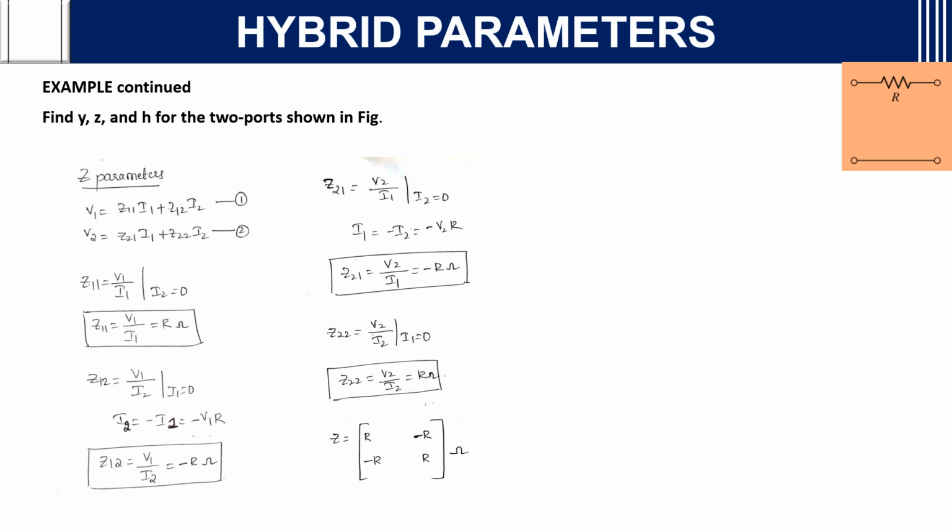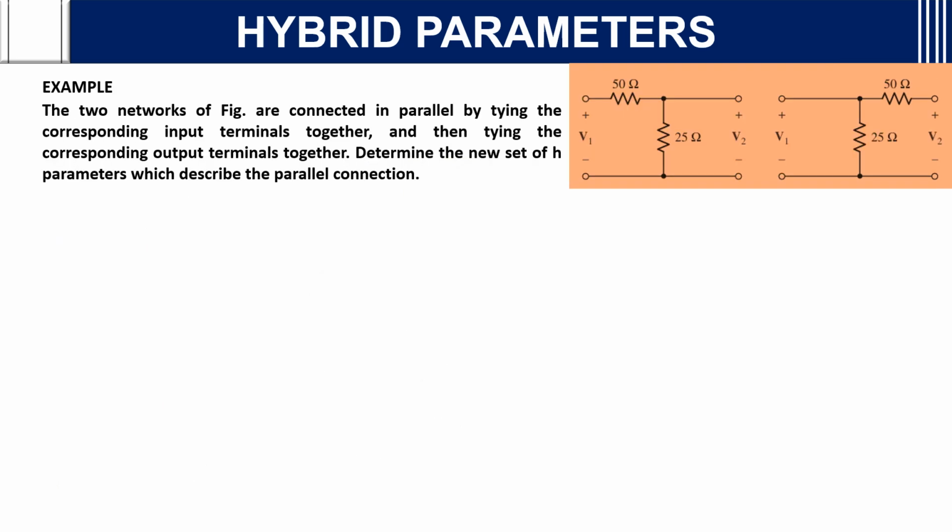Then Z22 is equal to V2 by I2 when I1 is equal to 0. So Z22 is equal to V2 by I2, that is equal to R ohms. Z parameters. The two networks of the figure are connected in parallel by tying the corresponding input terminals together and then